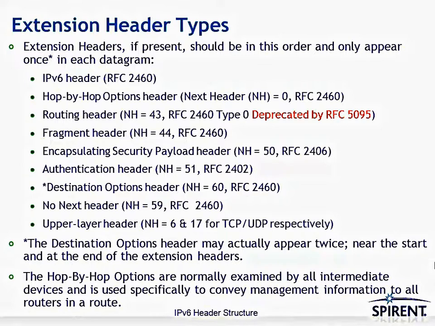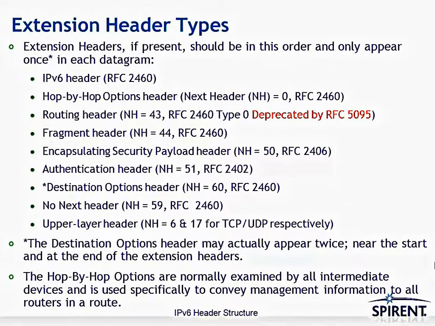So of course you start off with the IPv6 header, and if there is a next header value of 0, that means that there's a hop-by-hop options header that an intermediate device such as a router would have to process. There was a next header field of 43 which indicated a routing header, but that has been deprecated as per RFC 5095. There could be a fragment header, next header value 44, as described in RFC 2460, but a key concept with